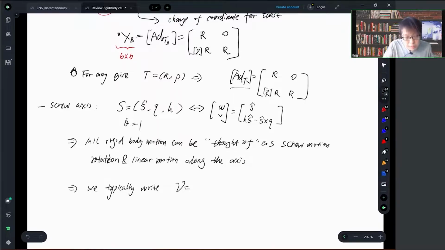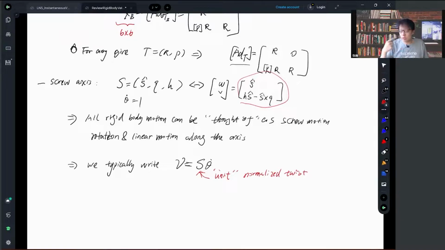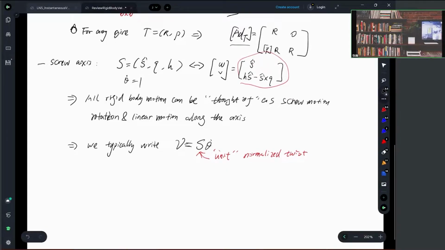the twist. Give me an arbitrary twist. I think about the screw axis twist times theta dot. And this way, this guy is this kind of twist representation, and this is a unit or normalized twist associated with the screw motion. Okay, that's screw axis. Then we talk about rotation operator,